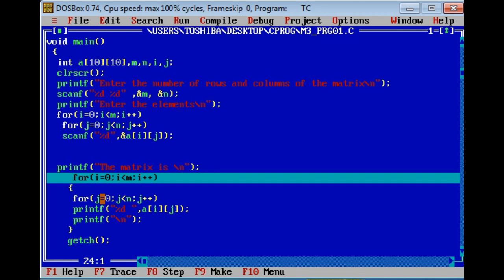Only one statement is included in the inner for loop, which is printing the value of a[i][j] followed by a space. This is the space that will follow each and every element of a particular row. Once a particular row is over, that is, once the inner for loop is over, a new line character will be printed. That is, after a row is printed, a new line character will be printed,